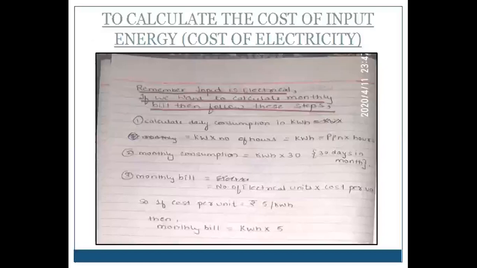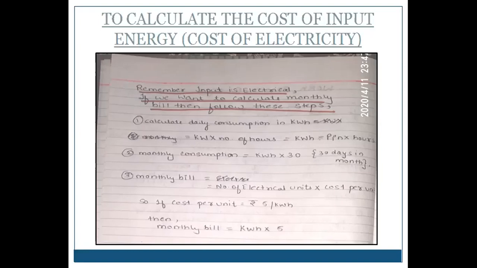So input is electrical. Once you calculate the input, that is in watts, the question comes, calculate the electricity bill. So for calculating the electricity bill, they give you cost per electrical unit. Okay, so what is an electrical unit? It is kWh. So input power is in watts, you convert that to kilowatts. Okay, but what you want is kilowatt hour, so that kilowatt you will multiply by the number of hours for which that system is being used, so you get kWh.